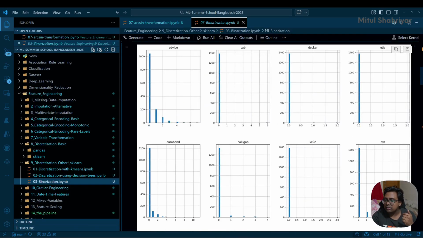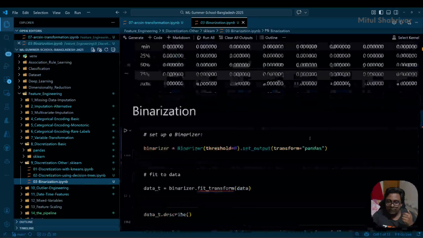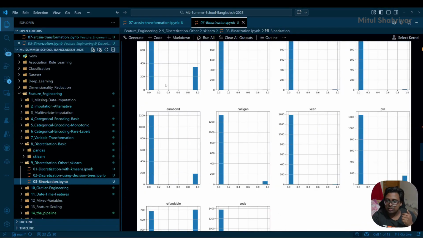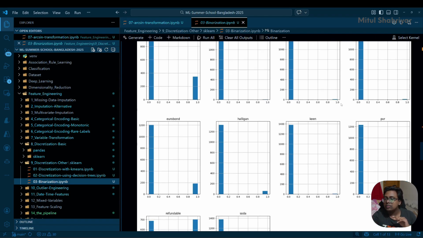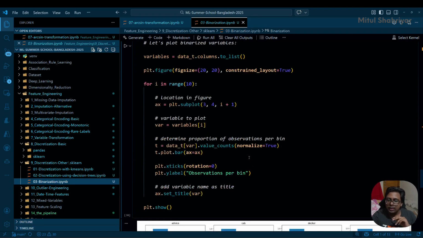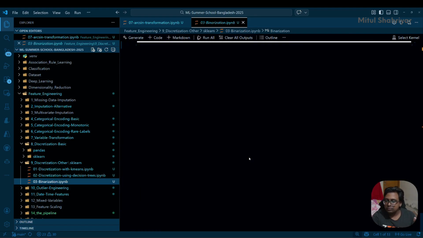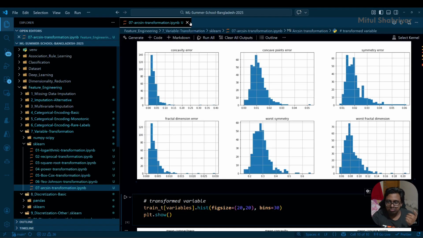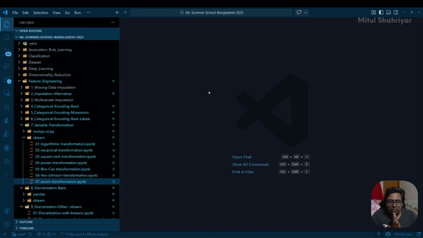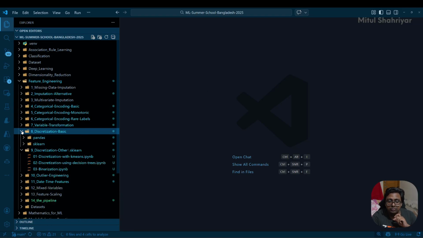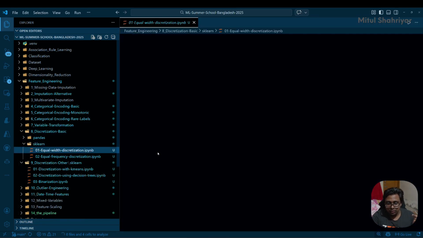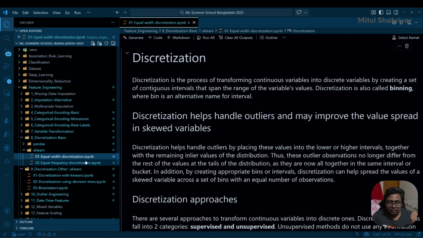So here you can see these are where, yeah, right. For the binarization, in binary we have 0 and 1, right? So this time we have just 2. You can see these and these, those or these, or this or this, and so on. Again, this is part of discretization. So you can just look into them. The repository will be provided, so you can look into them. Especially I would suggest to go for this